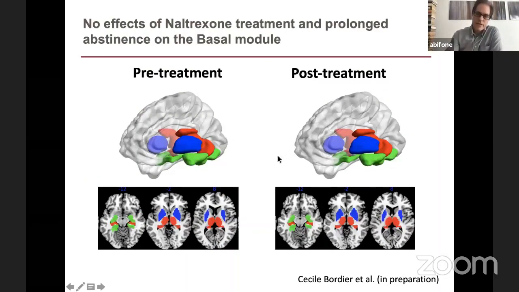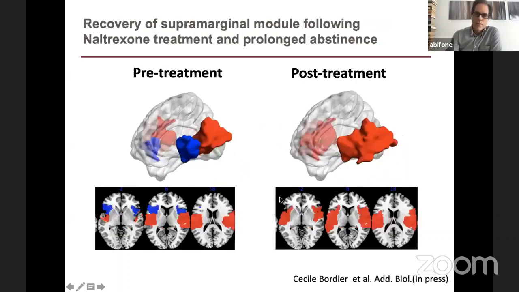However, the interesting observation that prompted us to go deeper into this is that upon treatment with naltrexone, which is a drug that is commonly used in alcoholics, and by prolonging their period of abstinence by weeks, we had no effect on the breakdown of the basal brain modules, but we observed a recovery of the connectivity of the insula, which is very interesting because it tells us that